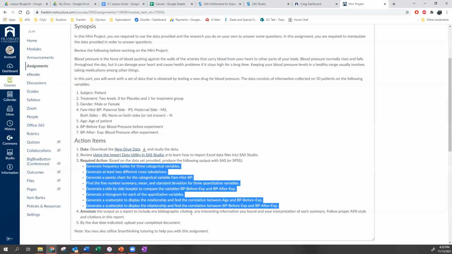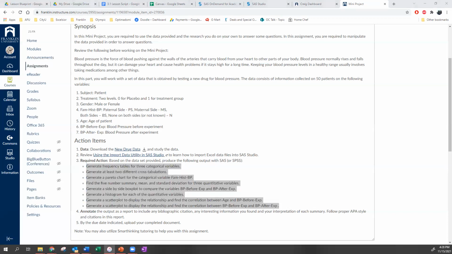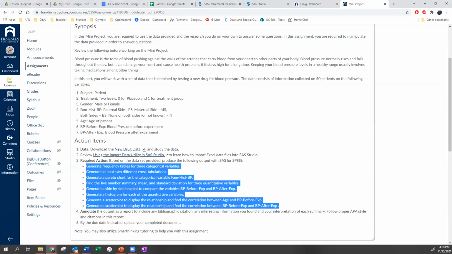Does anything stand out? Is there anything interesting about the output? And no differences is just as important as differences, right? So if you were comparing 3 different things and you're like, oh gosh, all 3 of these things are very similar, that's an observation, right? Just like if you said, wow, this one's a lot bigger than the other 2. So that's what you're looking for as far as the annotations are concerned.